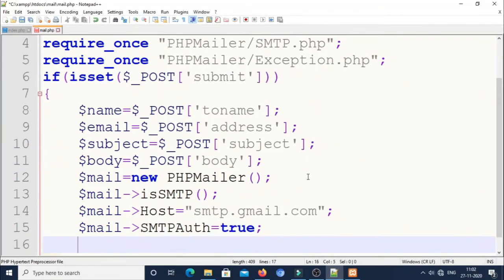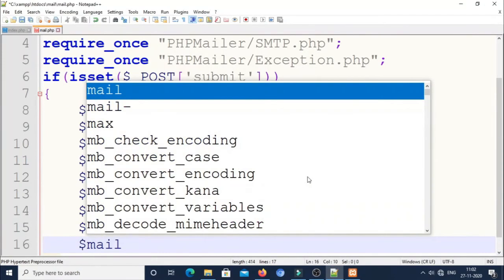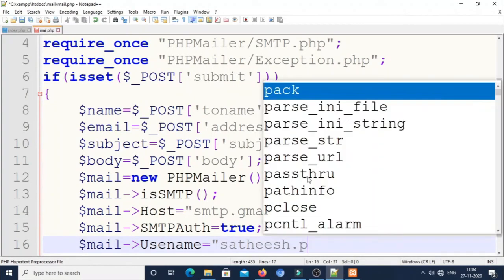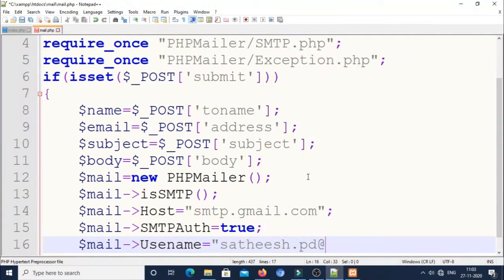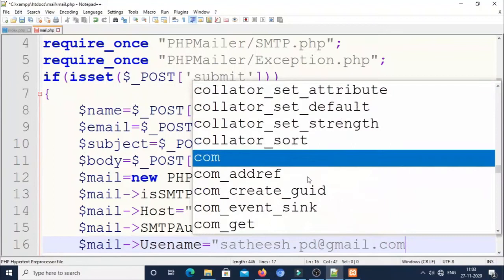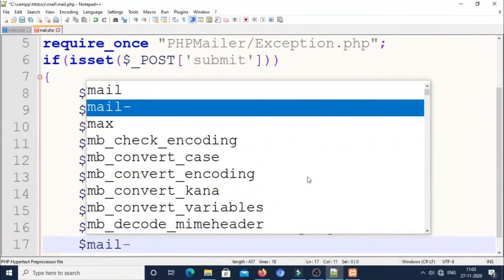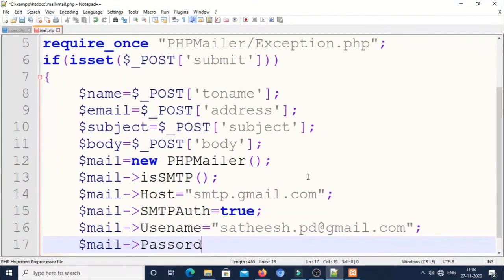Next, if it requires authentication, you have to specify the sender's email address and the password. So Username is satish.pd@gmail.com. Use Gmail here. That is the sender's email address, and also you should specify the Password, which is equal to some value. The valid password you should give, otherwise it's not possible to do.